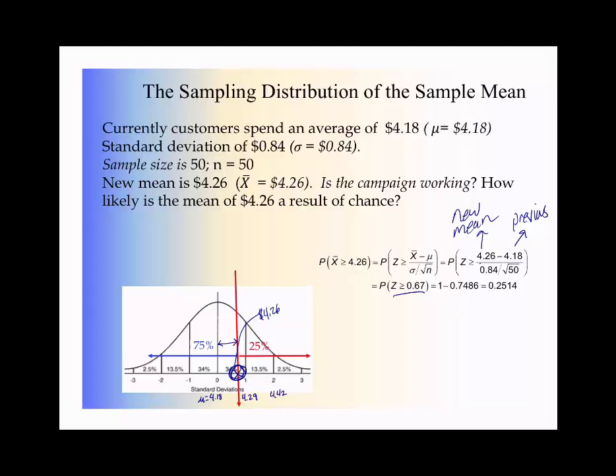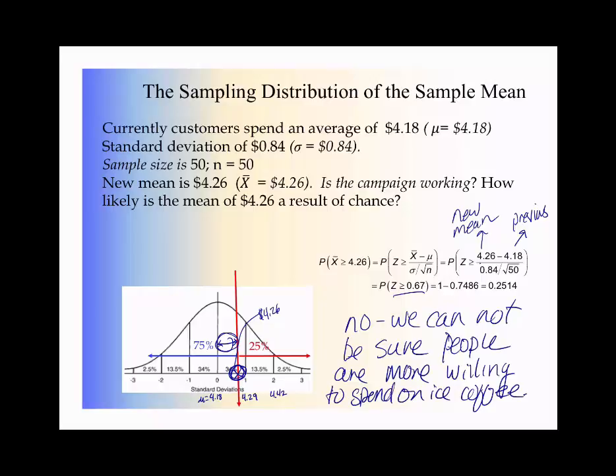So this is a really important concept to get your head around. What we're trying to determine is whether $4.26 is really sufficiently far away from our mean, this distance right here, to say yes, absolutely, people are now willing to spend more on iced coffee than they were before. But what our little statistical analysis here says is that no, we can't be sure. We cannot be sure people are willing to spend more now on iced coffee after the campaign.